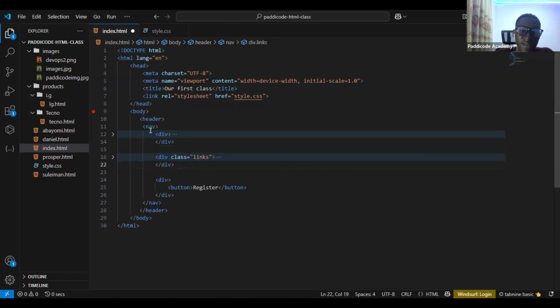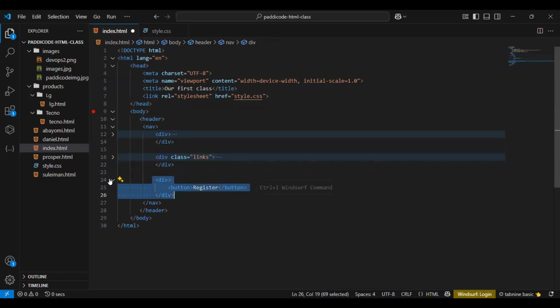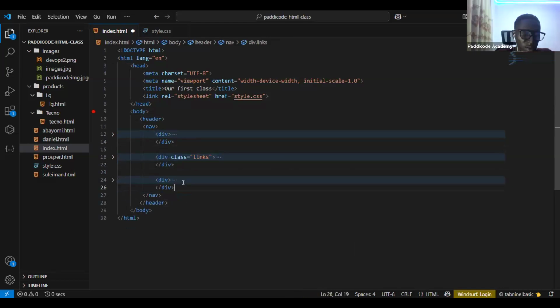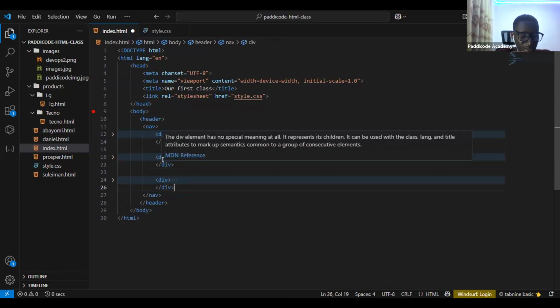How many children does the nav have? It has 1, it has 2, and it has what? 3. 1, 2, 3. So it has just 3, right? Yes. Now that it has 3,